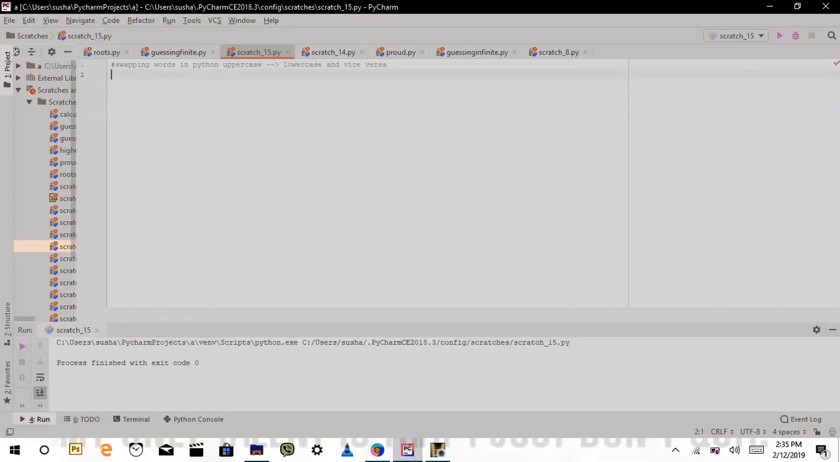Hello there everyone. Today I've got you guys a small video about swapping words in Python. By swapping I mean changing uppercase letters into lowercase letters and vice versa. So let's get started. Let's define a function called swap